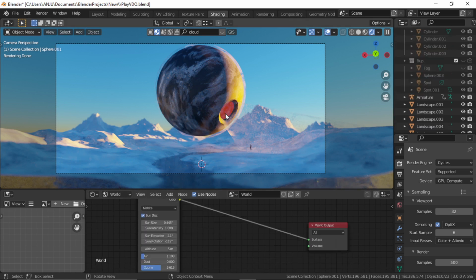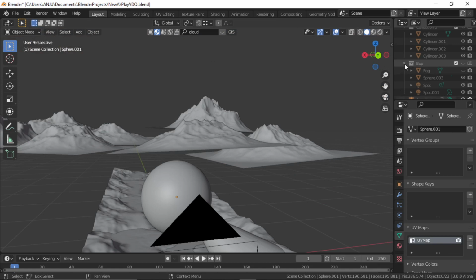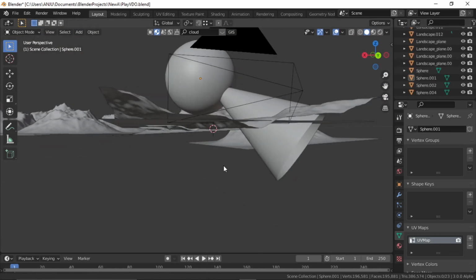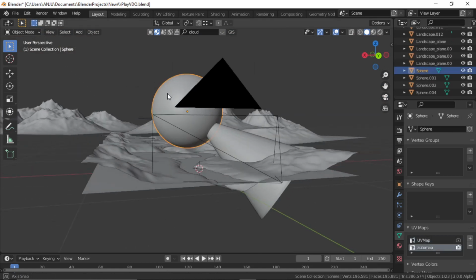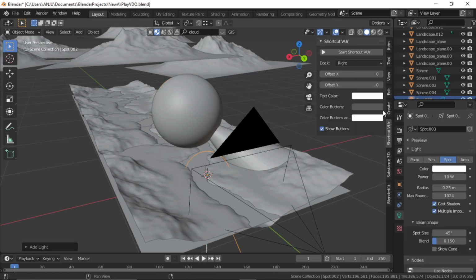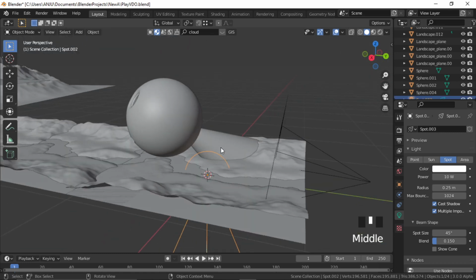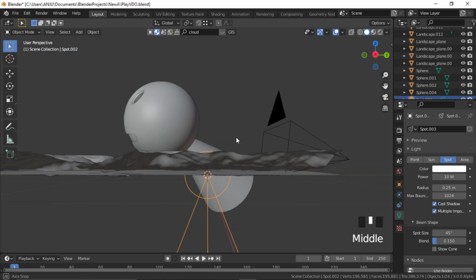Alright, so now let's add some more lighting here. So go to layout, and I'm going to create two lights, one spotlight and one area light. So let's add a spotlight and just position it according to this.